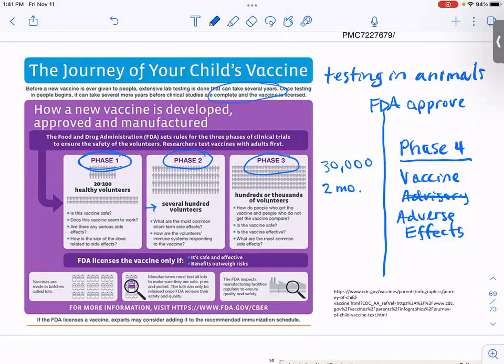I'm blanking on the name of the vaccine adverse effects reporting system. Okay, so the VAERS. Okay, so